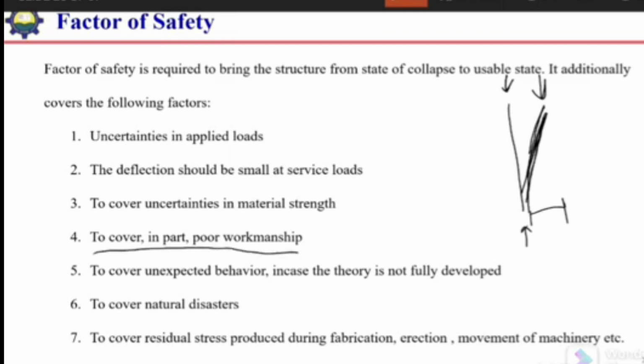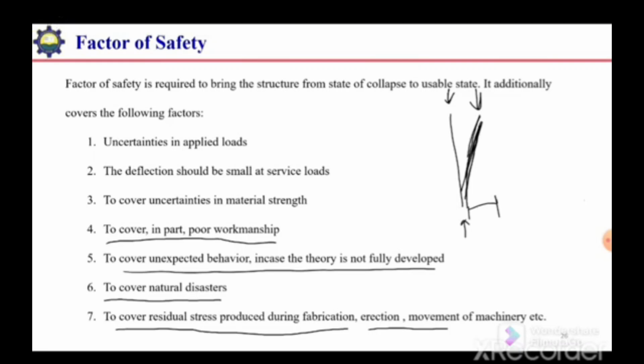It also covers unexpected behavior in case the theory is not fully developed. Most of the time, the applied loads are increased by multiplying or by applying the factor of